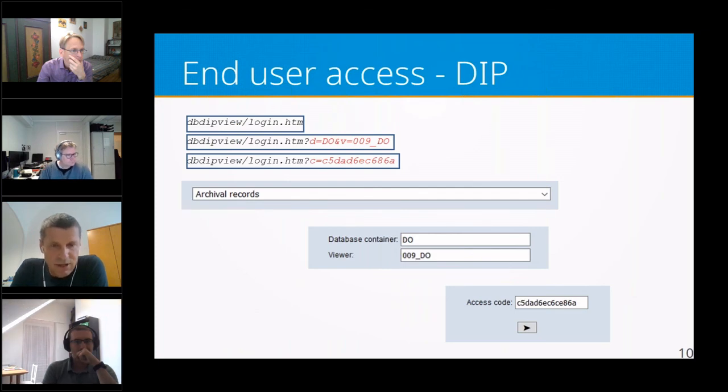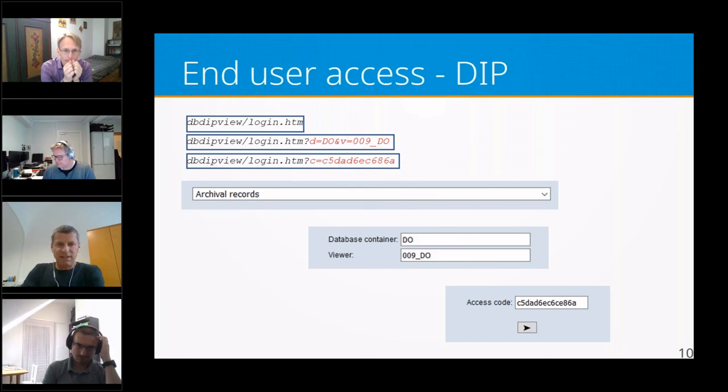So our end user is now in the reading room, and we have here three possibilities to use the database. First is a drop-down. Martin already showed one. Here you select your database. Another possibility is with a link to the database with instructions, because we can have more databases on one server, and one database can be installed more times, and so on. So Louis would say an enterprise solution.